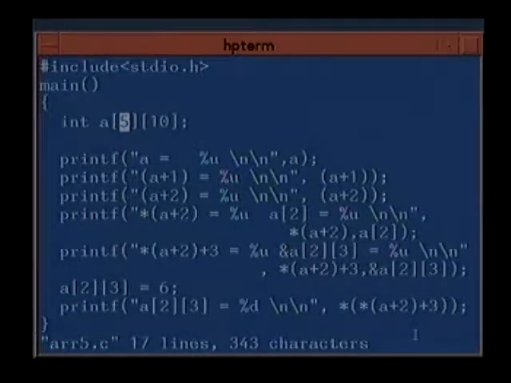That is how we can look at it. So A, then the address A plus 1, A plus 2; content of A plus 2 will be the same as A[2]. Content of A plus 2 plus 3 will be the same as &A[2][3]. A will be the same as &A[0][0], which will be the same as &A[0]. All of them will be the same. A[2][3] is the same as we were doing a bit earlier, content of the content of A plus 2 plus 3.